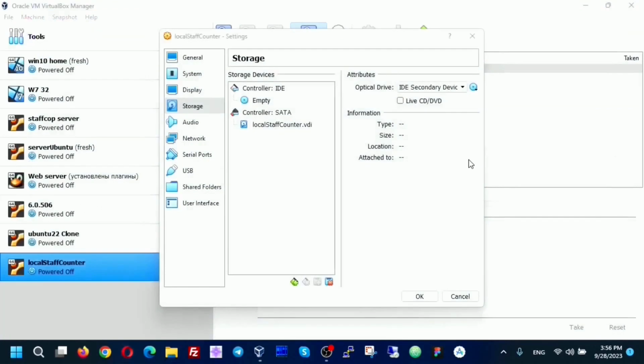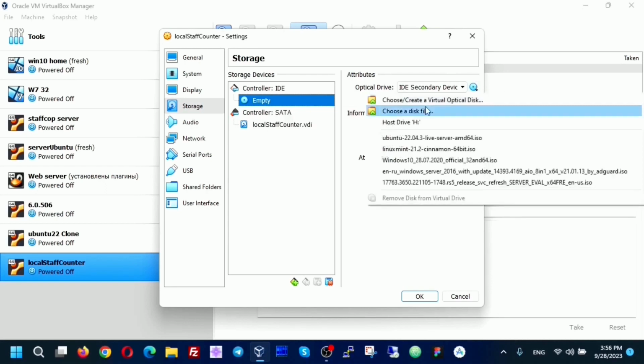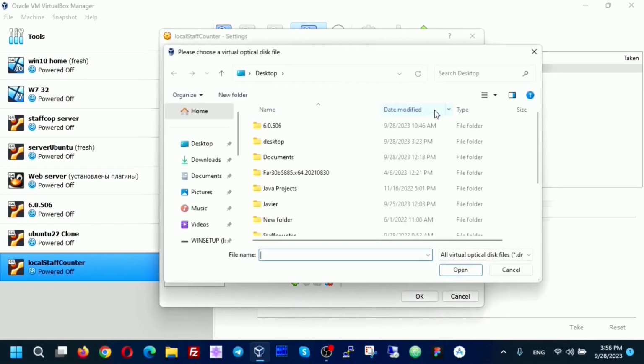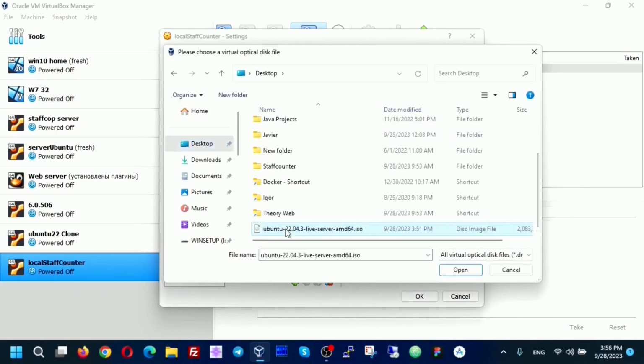Now we return to the VirtualBox and connect the Ubuntu server image as a removable disk. Select Choose a disk file, find the desktop, and select the Ubuntu server image.